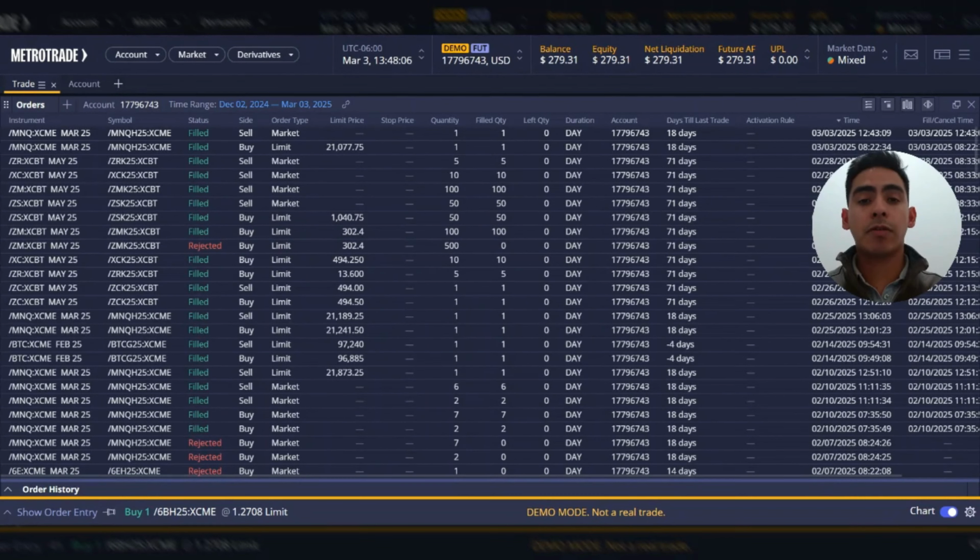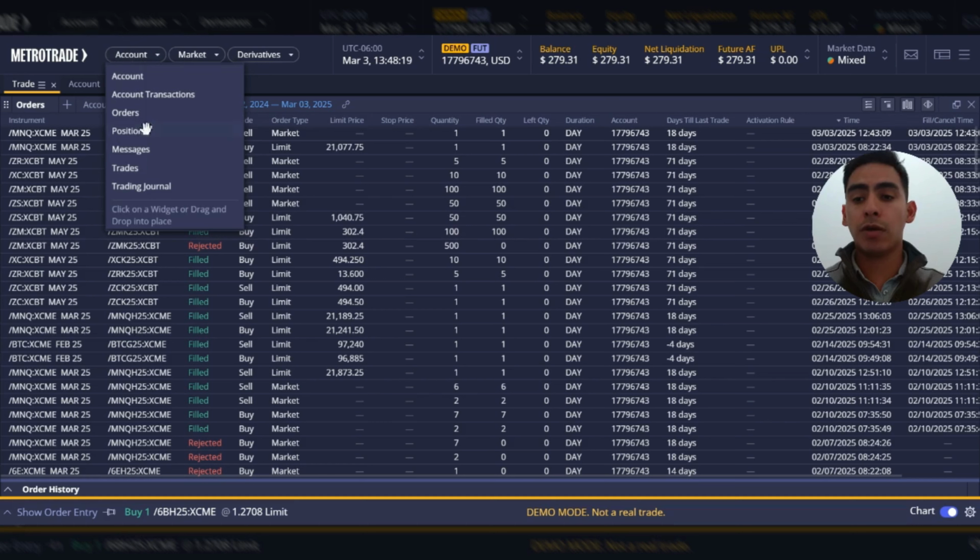Hi everyone, today we're going to be talking about the order widget. This widget allows you to view any historic transactions that were made, trading histories, etc. You can access this widget by going on the account dropdown and clicking orders, and you're able to view your